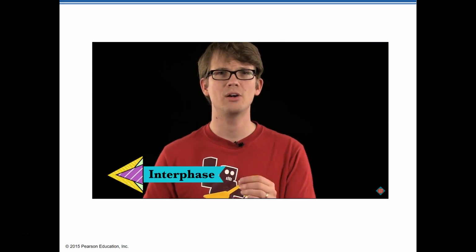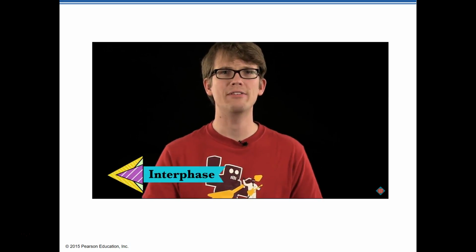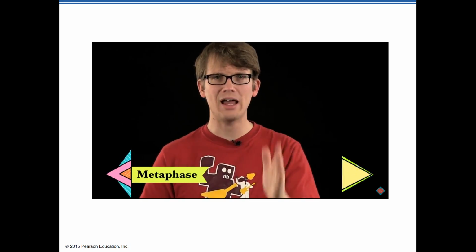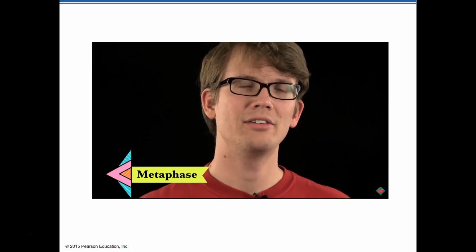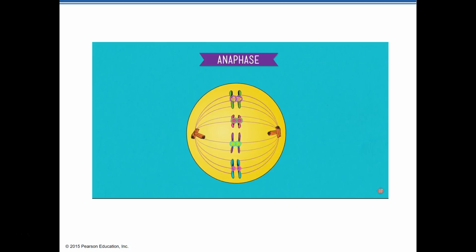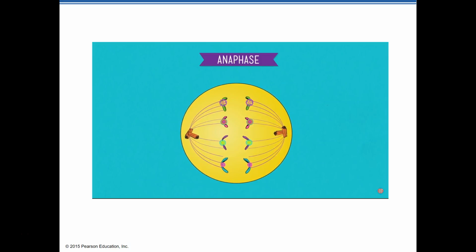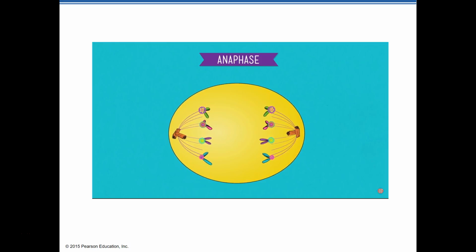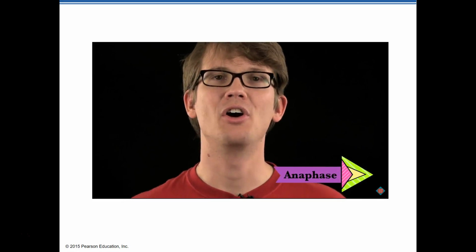Now, so far we've gone through the interphase, where the centrosomes and DNA replicate themselves and get ready for the split. The prophase, where the chromosomes form and the centrosomes start to spread apart. And the metaphase, where the chromosomes align in the middle of the cell. And now, it's time to separate the chromosomes from their copies. This time, motor proteins start pulling so hard on the ropes that the X-shaped chromosomes split back into their individual single chromosomes. Once they're detached from each other, they're dragged toward either end of the cell. Since the prefix ana means back, that may help you remember the name of this phase, called anaphase.